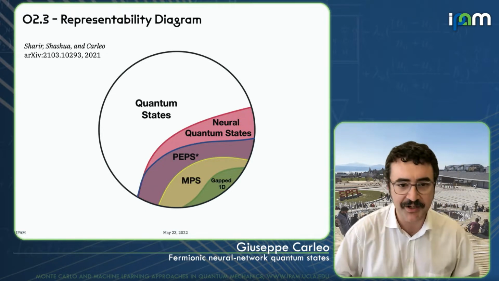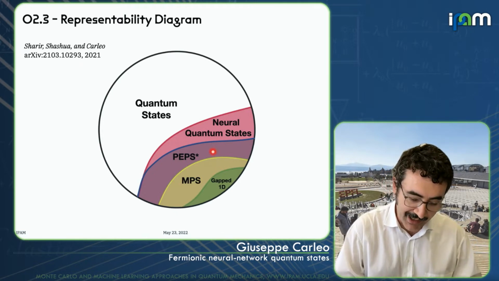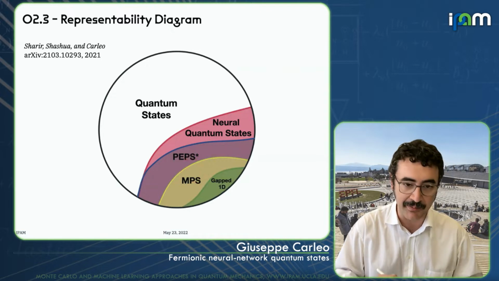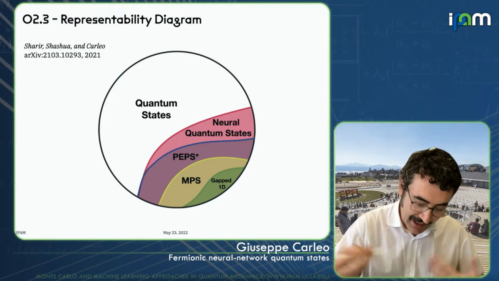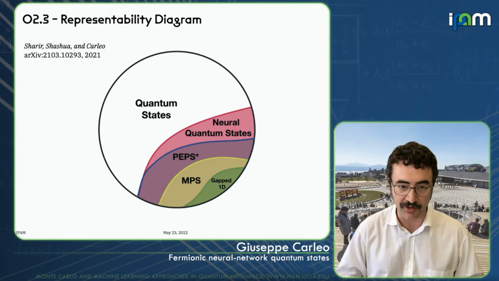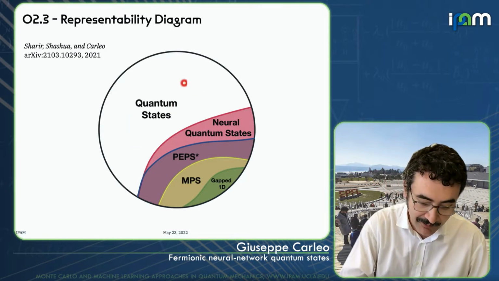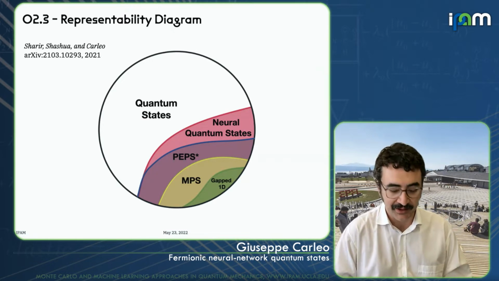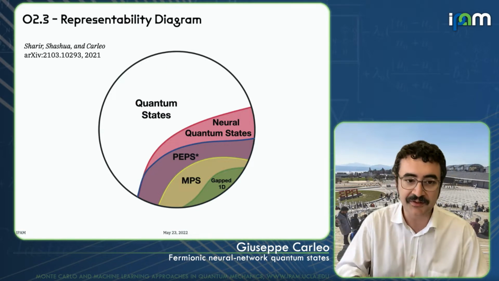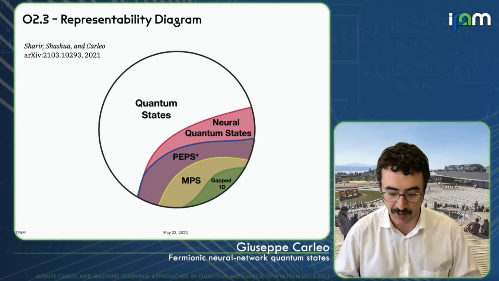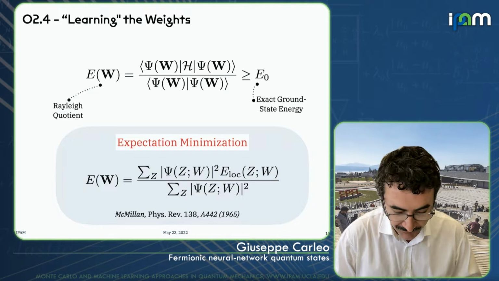Then there is an extra space that you can see here. This comes from the fact that there are these volume law states that in principle you cannot describe with planar tensor networks, for example with MPS or PEPS, unless you allow the parameters in these states to be exponentially large. Instead, there are some new volume law states that we can describe also in polynomial size. There is an extra region that we still don't know. It's uncharted. There might well be other quantum states that are physically relevant, but that we cannot describe efficiently, but this is still very much open from a theoretical point of view.